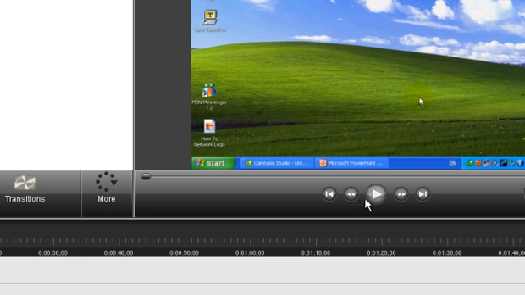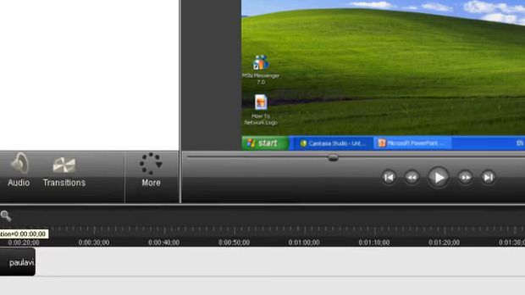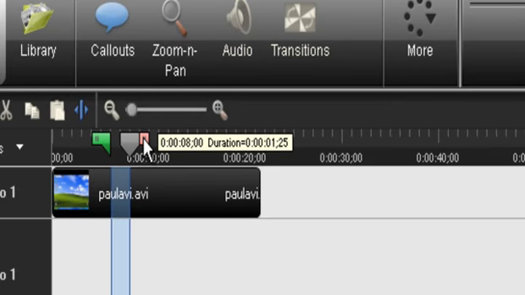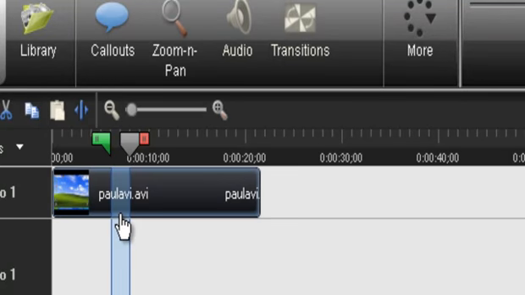So if you press play, you can see a version of your movie here, as it would look when it's finally finished. I've pressed play and it's moving along the timeline here. So I'm going to press pause, and I'm going to grab the red marker here, and I'm just going to drag the time indicator along, and it's highlighted this portion in here. What you can do with this area, if you right click in it,